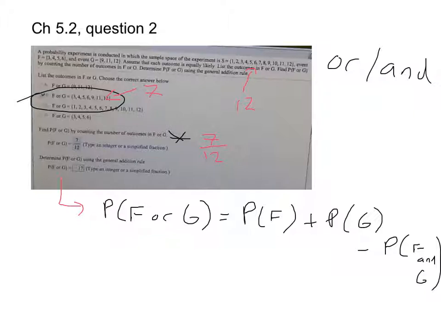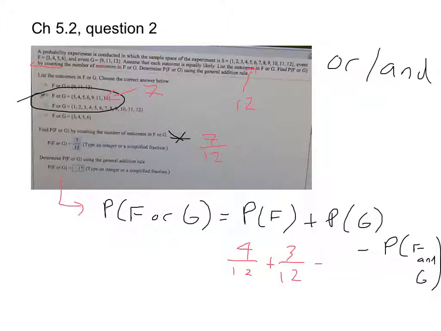Okay. So now if you look at the event F, that has 4 ways of happening. So the probability of F is 4 out of 12. There's 12 things that could happen overall, and 4 of them would mean F happened. And if you look at G, there's 3 ways for that to happen out of 12 things that could possibly happen. Now, because there's no way, if you roll a 12-sided die, to get a 3, 4, 5, or 6 and also a 9, 11, or 12,